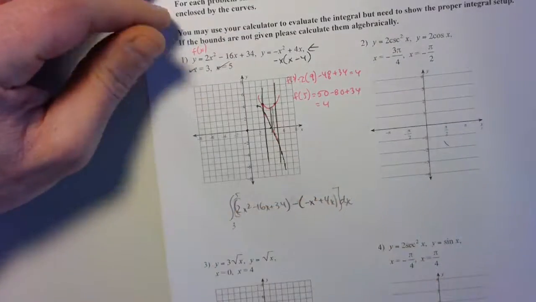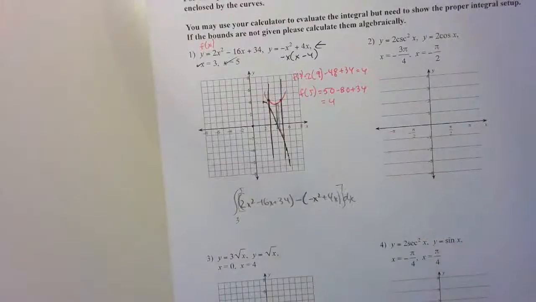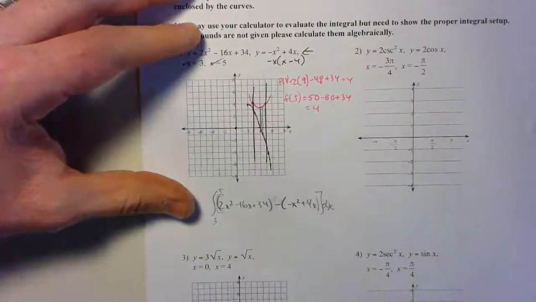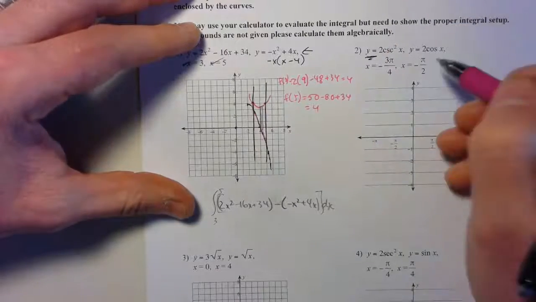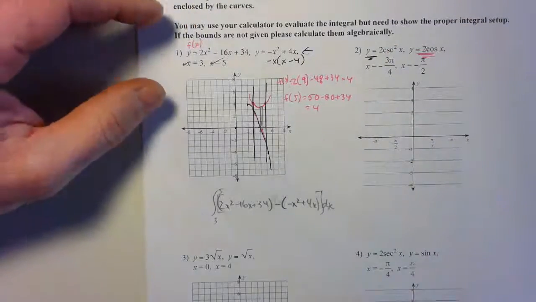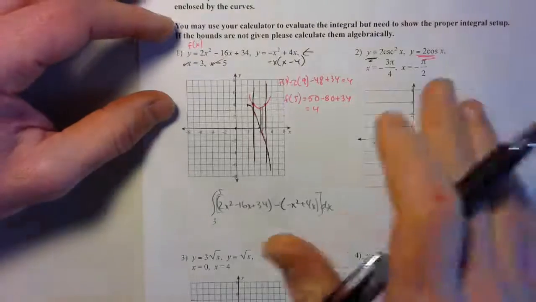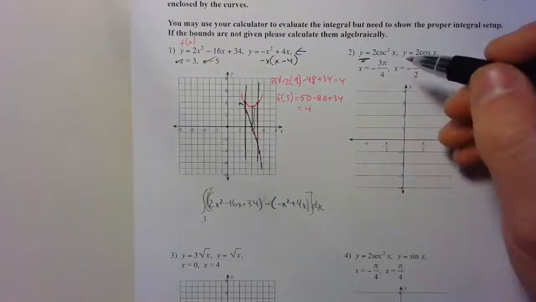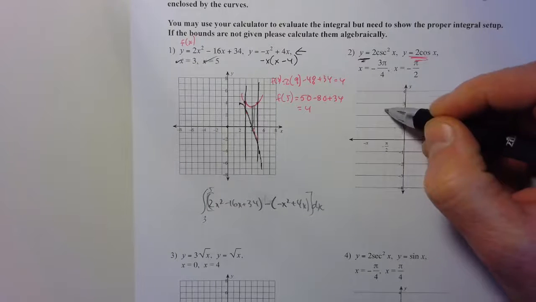So, okay, so there's my setup. Okay, let's take a look at the next graph here. I'll use black for the first one and pink for the second one here. I need to go between negative 3 pi over 4 and negative pi over 2. So I really only need to worry about between